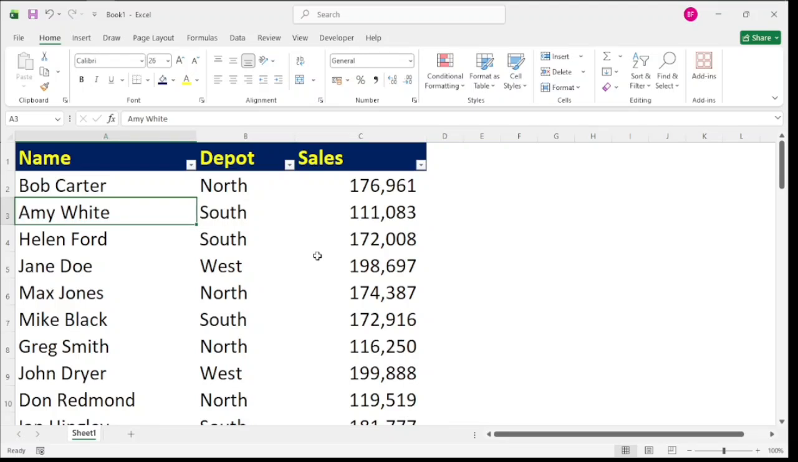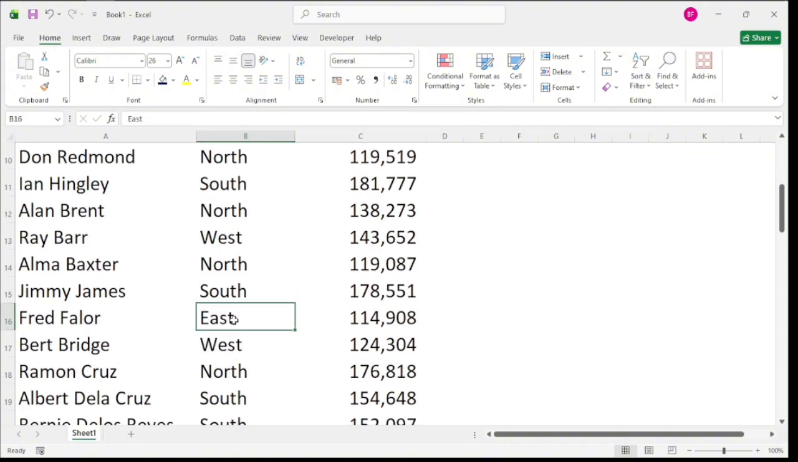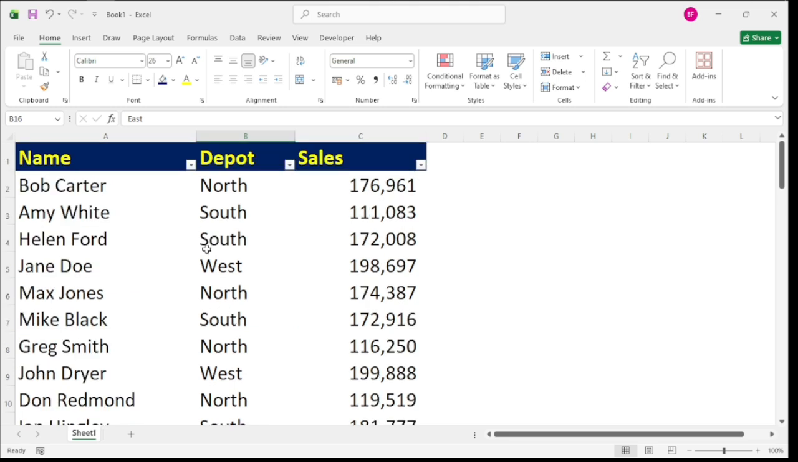Hey everyone, today I'd like to show you how, by using a macro, I'll be able to filter the depot. Right now you've got north, south, west, north, south, east. I think, yeah, east. So I'm gonna filter this. I'm gonna copy this. I'm gonna create